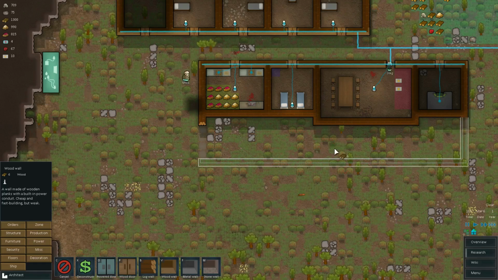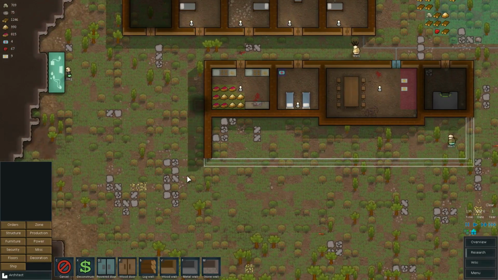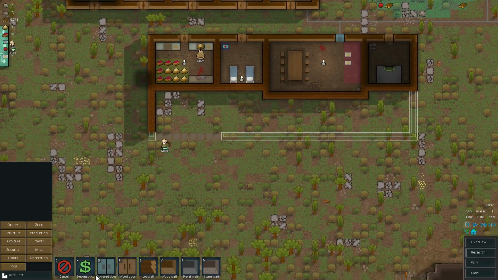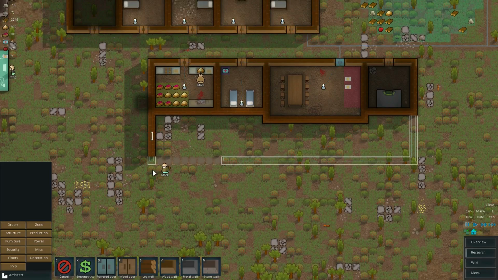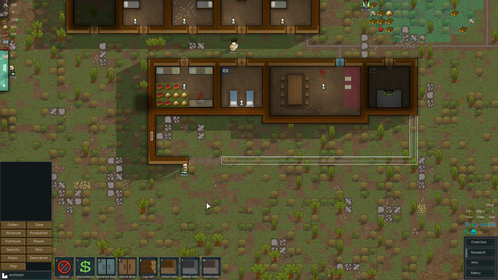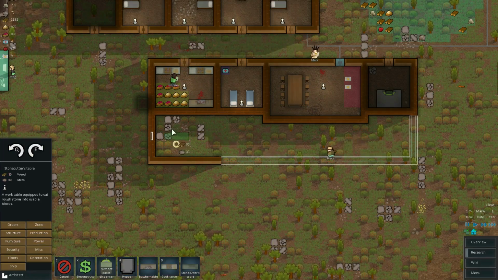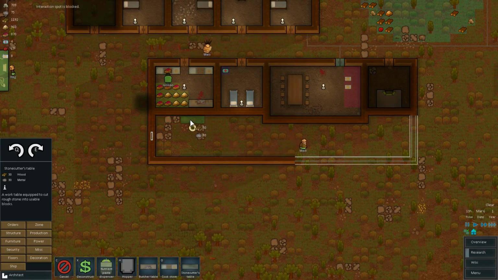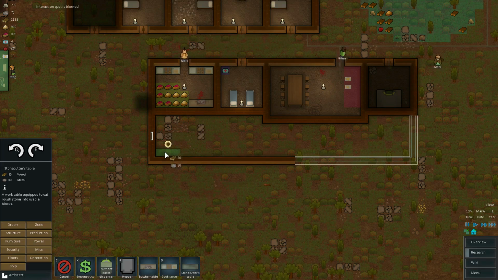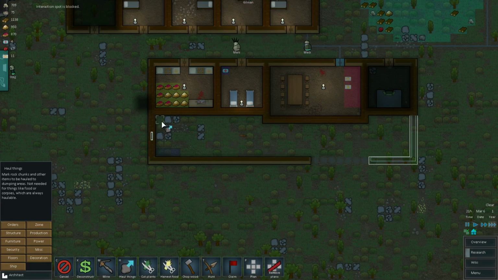Like that. I like the look of this so far. Oh, I want to actually have a door there. So that should, and then I will have my stone cutter table there, and I will put the one on, but I have to haul these stones first because they're in the